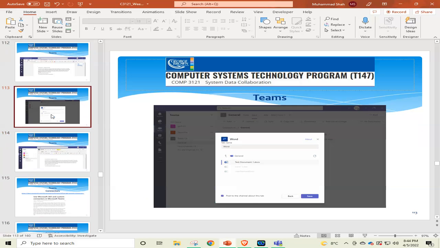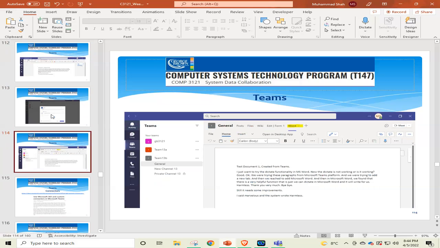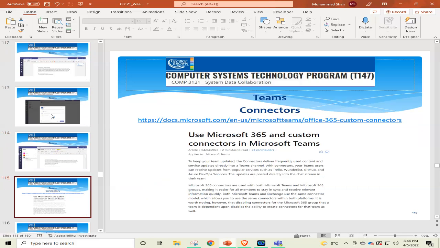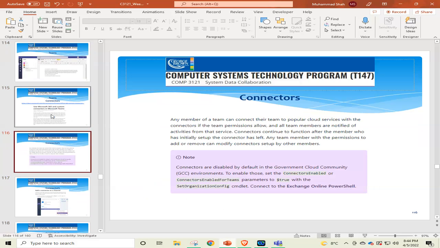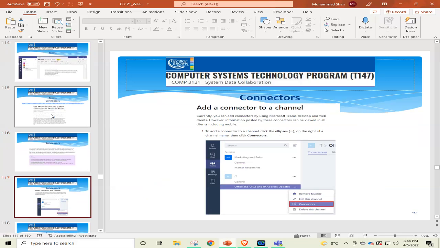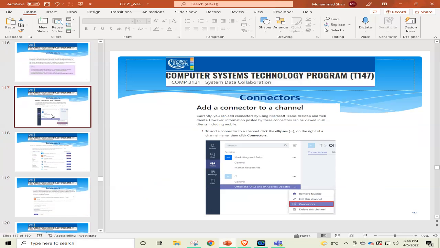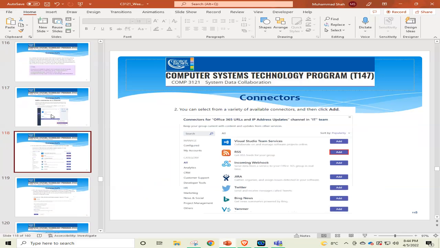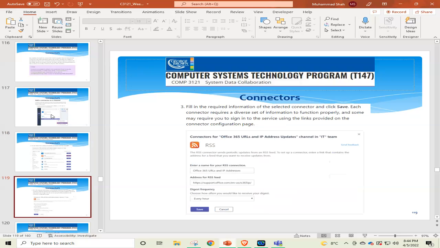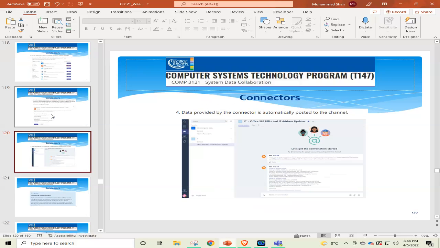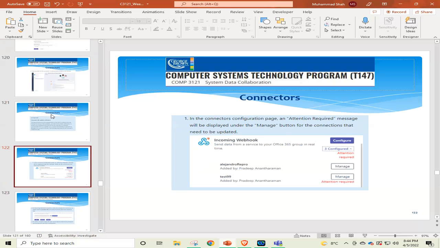Now this is the next topic. We don't have a picture for this topic, the tabs. Now we go for the next topic, that is connectors. You can read about the connectors here also, and I will show you what the connectors do for us. Information flows from one application to the other application, the main aspect that we can describe in a few words. It can be RSS, there are many, I will show you. When we create a connector, there are many already provided that we can use.